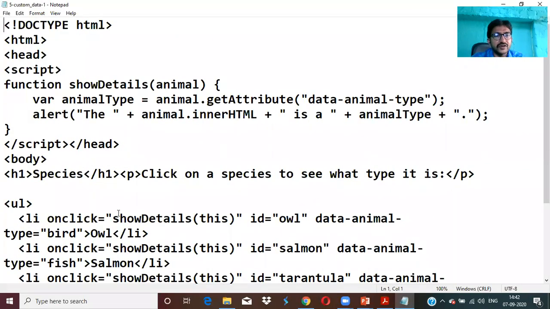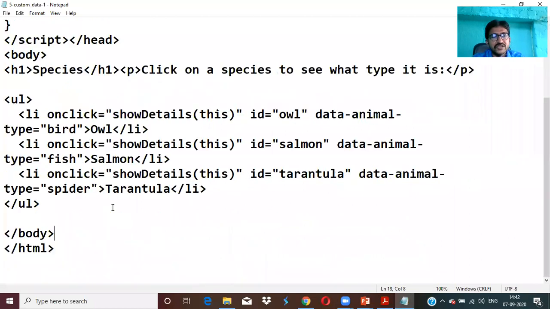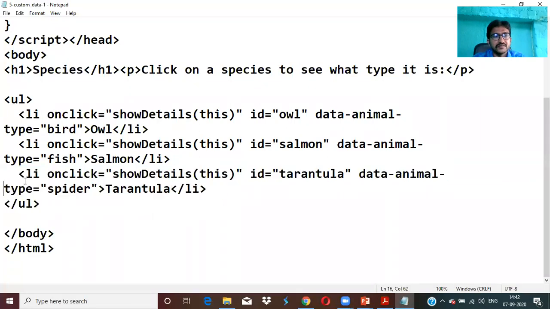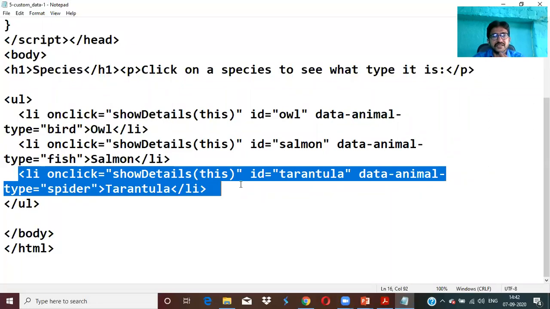On click of show details of animal, in the sense of whichever animal is suitable. If I click on oval, or in this list on spider, it will take that ID, Tarantula, with the help of which ID you have clicked, on which item or species you have clicked. That will be set by ID.